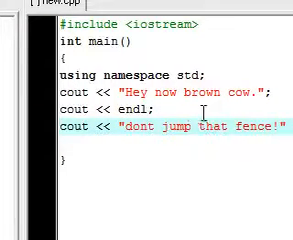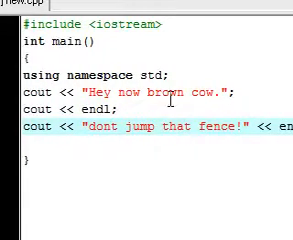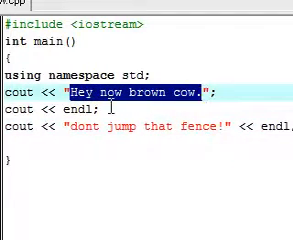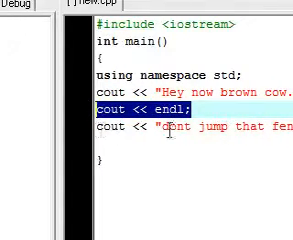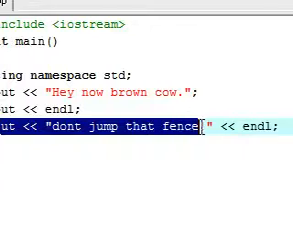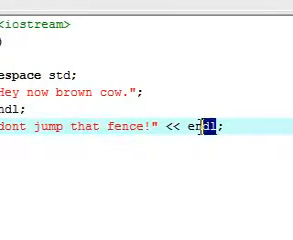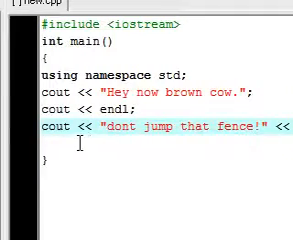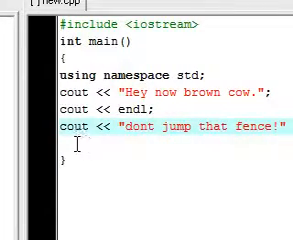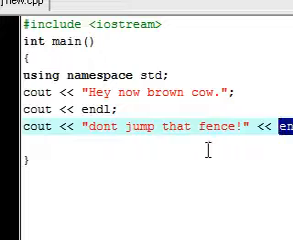So again, type in all of this, and what this is going to do, type "Hey now, brown cow," go to a new line, and on that new line we want to output "Don't jump that fence," and then we're just going to go to a new line for fun. So now we have a useful function right here, but before we execute this, we're going to need to do